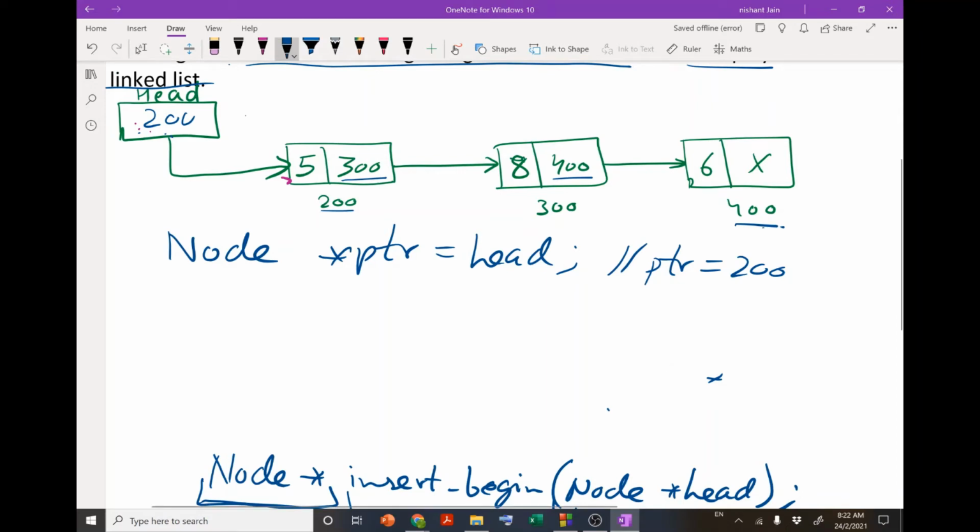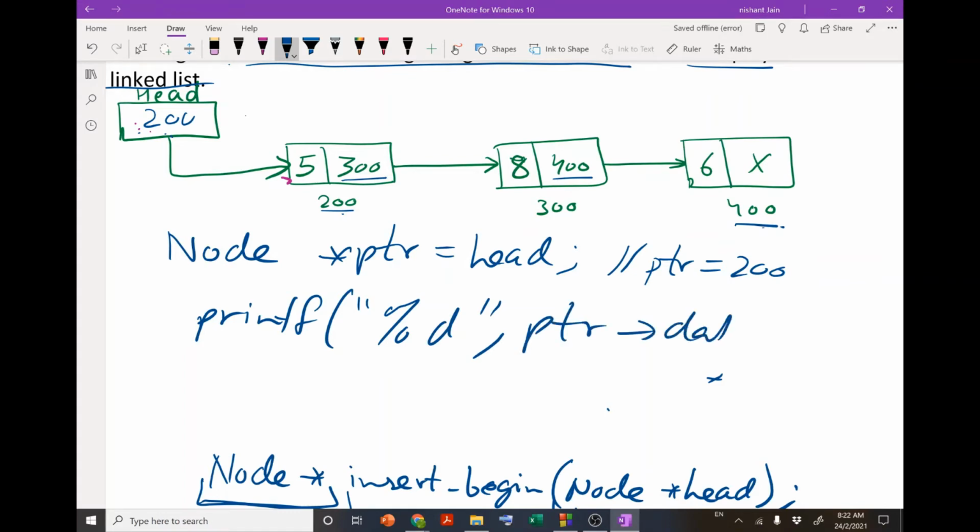After that, I can display the value of this ptr, so I can write something like printf ptr data. And after this, to go to the next node, I can update the value of ptr: ptr equals ptr next.